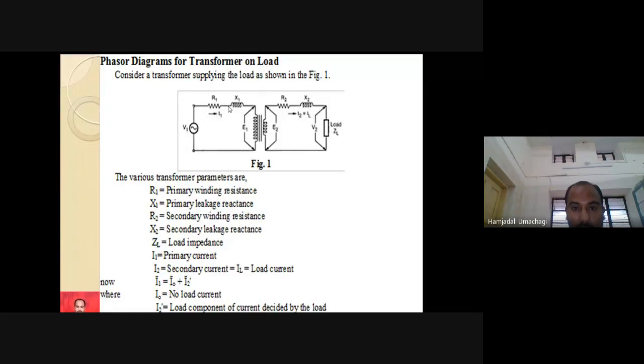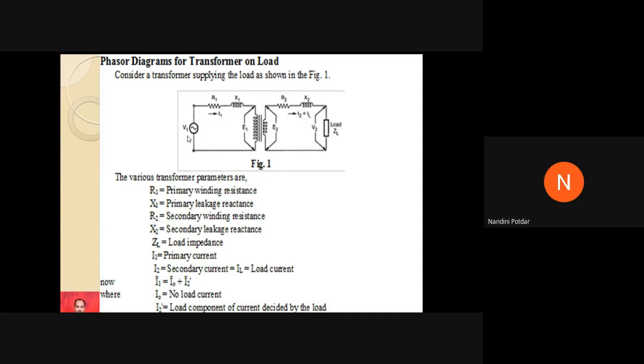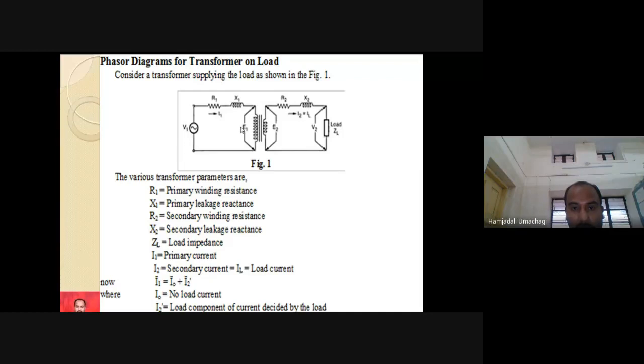Now, our next task is to develop the phasor diagram for the KVL equation which you have written for the primary side. On the primary side, V1 is equal to I1R1 plus I1X1 minus E1. If I add I1R1, I1X1 to minus E1, then I will get V1. Yes or no? For this minus E1, you first add I1R1, then you add I1X1. So the resultant of all three is V1.